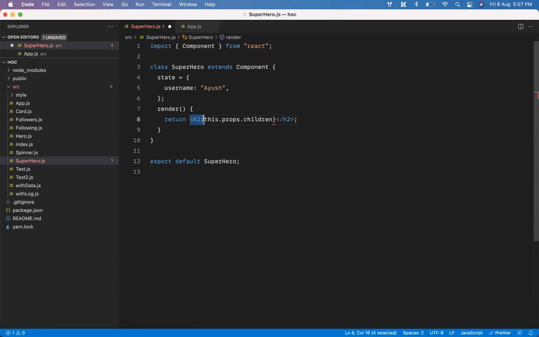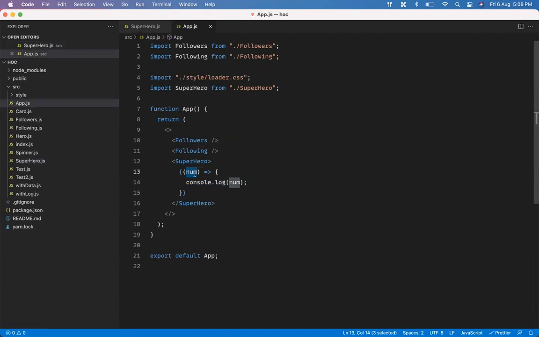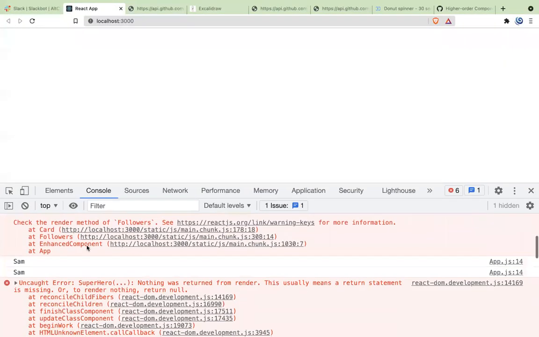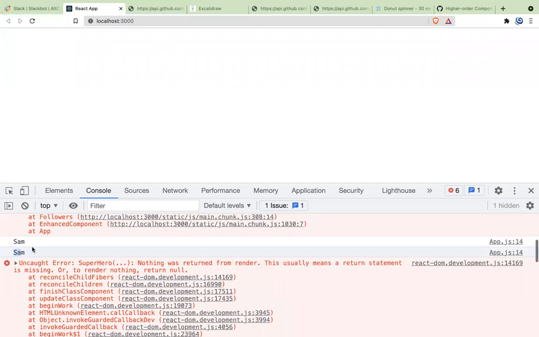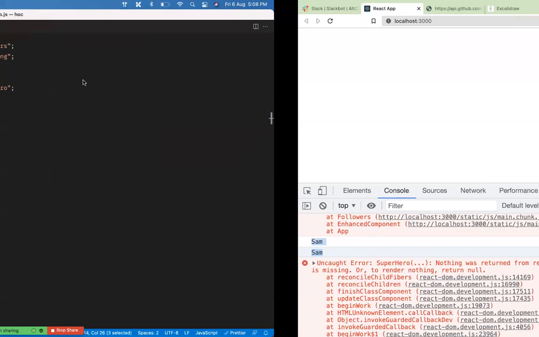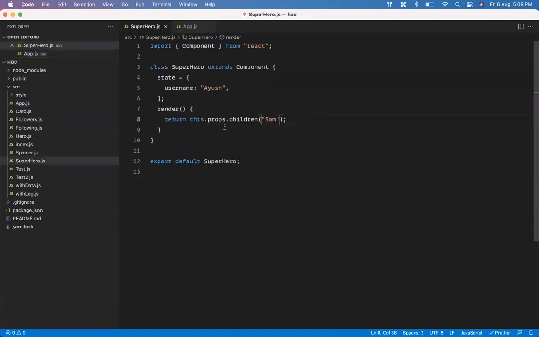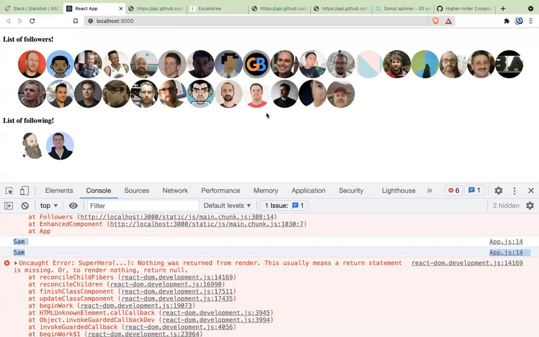What if I don't want to return anything? What if I just call this component here with whatever, I don't know. I can call it with like Sam. This Sam will be passed as a parameter here like num, and I can log it. What do you see here? Can you see Sam? And here you see the UI is gone. Okay, so if the UI is gone, we will have to do something, right? So let's just make it even simpler. I'm just going to wrap it into a fragment and put it like this. Any problem now? It is working, no problem. And I can see the log here.